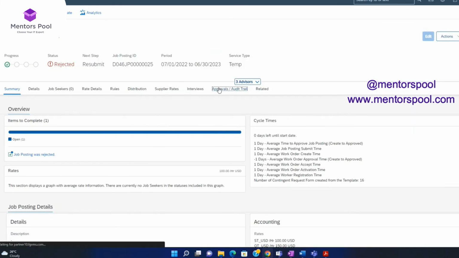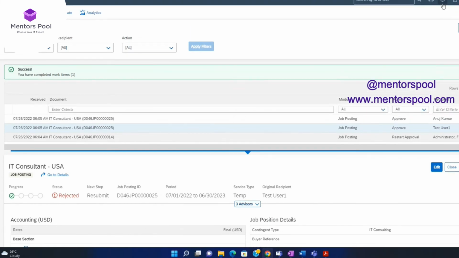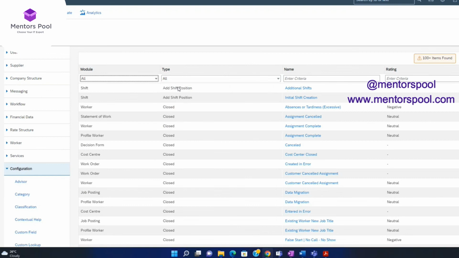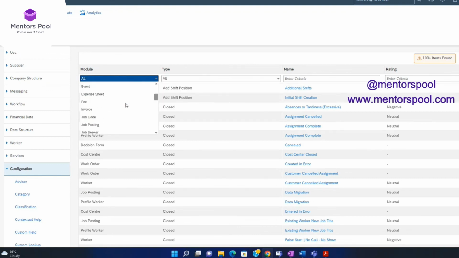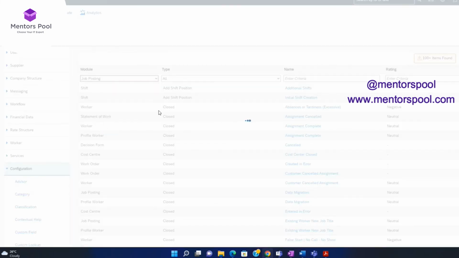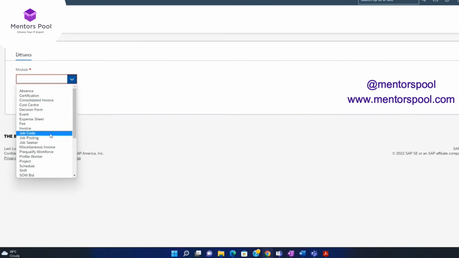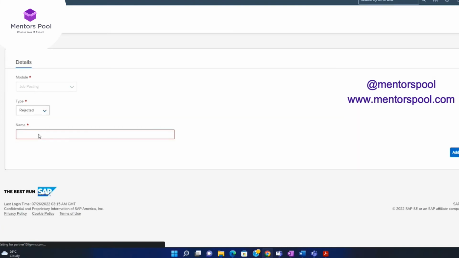And if we go to approval audit trail, this reason should be visible, right? So this is where we define the reasons. Now, why did our reason not come in? Oh, we put it on job posting closure. We didn't put it on reject. My mistake. So I have to say rejected and put it on